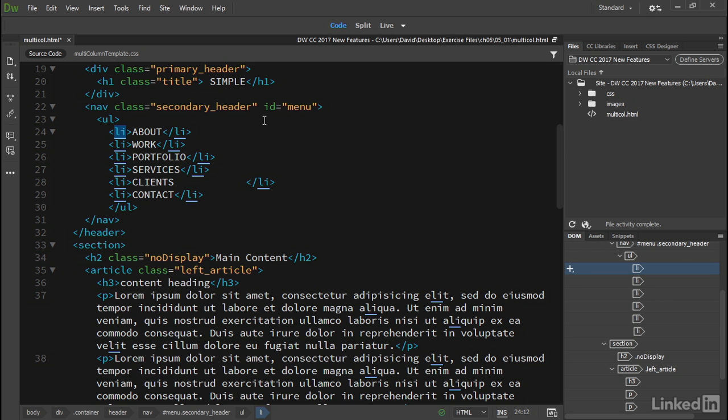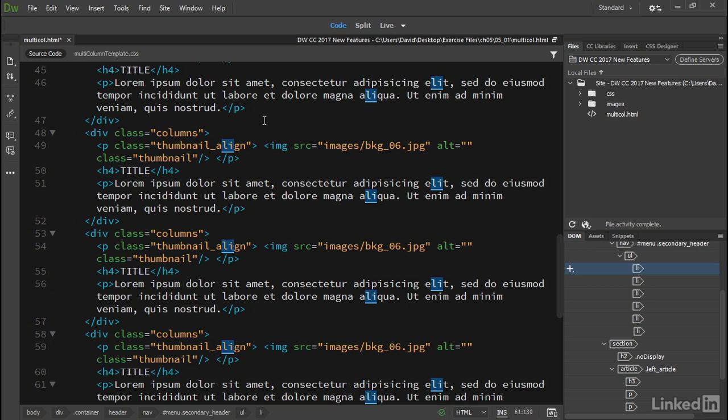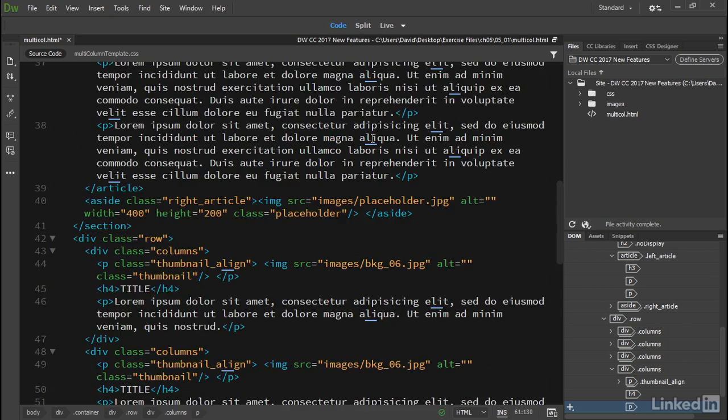To select all instances, it's Control Shift F3 on Windows or Control Command G on a Mac. And that's selected all the LIs in the page, including those in text, so it's not just getting the LIs within the tags. Unless you're looking for a fairly distinctive value, such as a variable or function name, selecting all instances tends to be a bit of a sledgehammer approach. So I'm going to press Escape to deselect everything and then